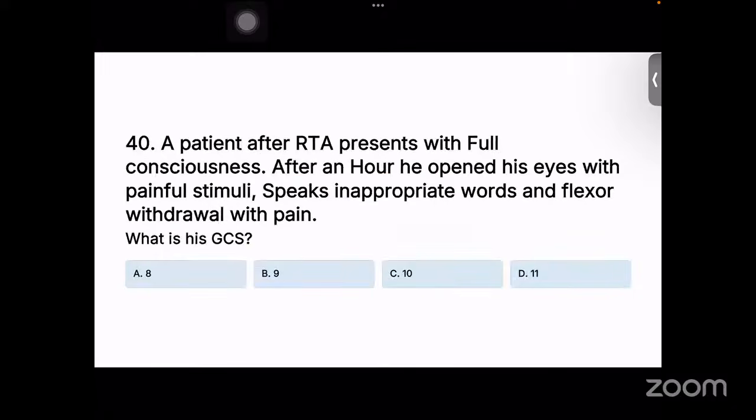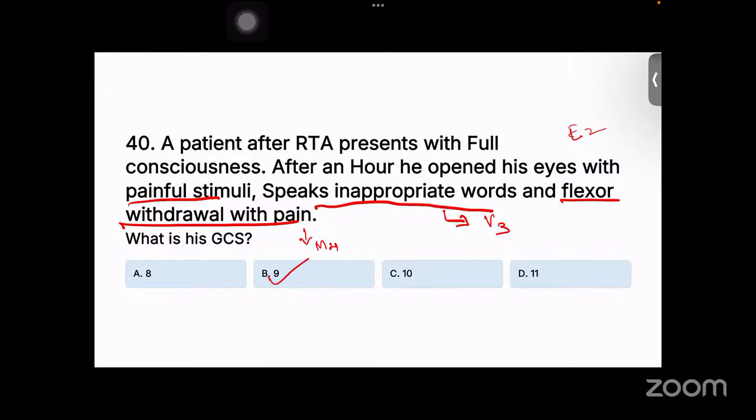Okay, next we move on to question number 40, which is a GCS calculation again. RTA presents with full consciousness. After an hour, he opened the eyes to painful stimuli. Eyes open to painful stimulus goes for E2. Speaks inappropriate words. He is not oriented. Remember, he's not oriented. He is speaking inappropriate words, which goes for V3. Okay, and flexor withdrawal to pain, clearly that goes for M4. M4, V3, E2. By combining it, we get